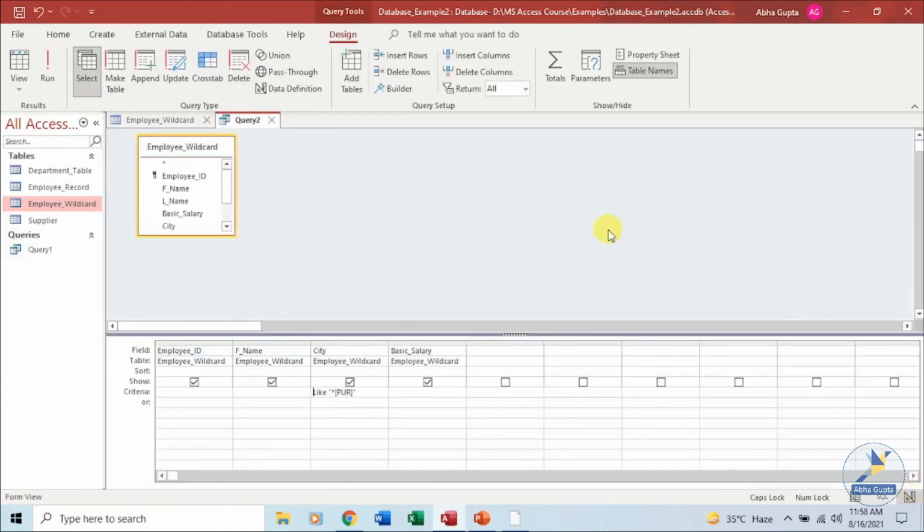The next wildcard character which we have is the exclamation mark. Now it will search for any character other than the characters which are enclosed within the brackets. So if you want to have the opposite of what is present in your query criteria, you can always enclose it within the square bracket together with the exclamation mark. That is a negation or not. So we are looking for any city where the beginning characters could be anything and the end character should not be either P, U or R.